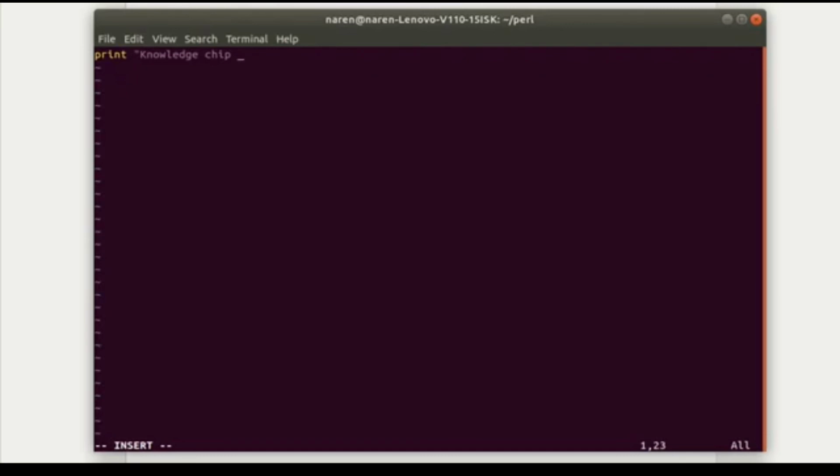Knowledge Chip Perl programming tutorials. Sorry if I made any mistake in this text. Then we need to close this. We have to save, so we press escape and then shift colon wq, and it will save the file.